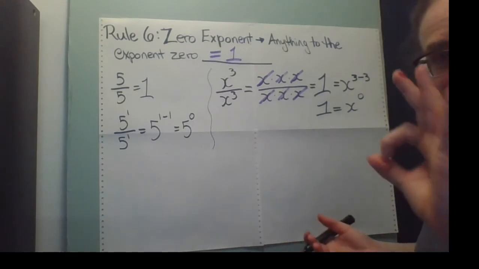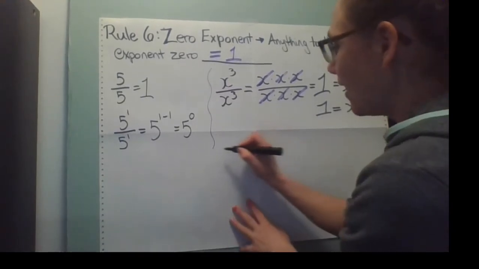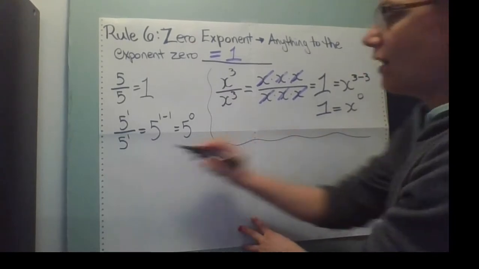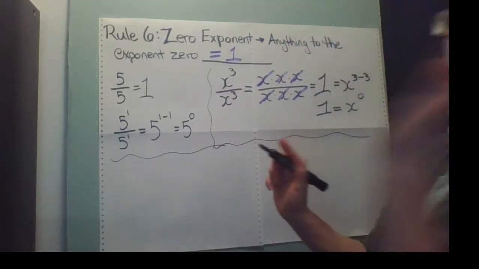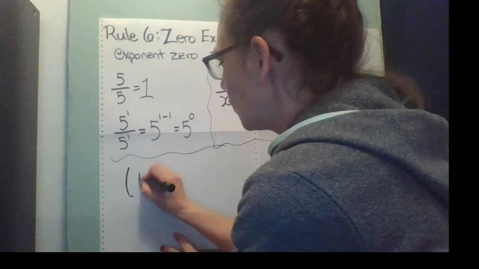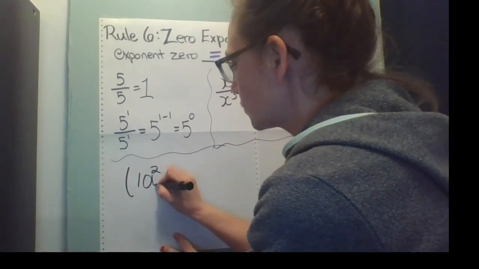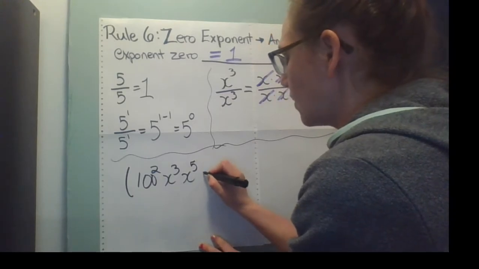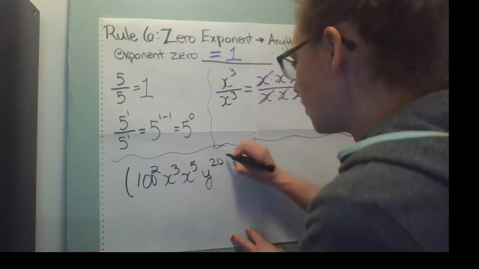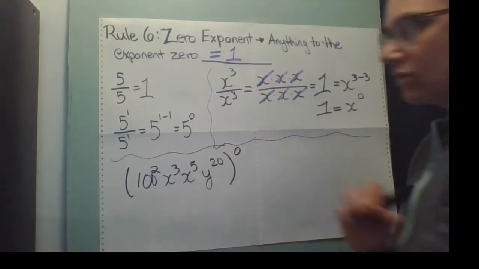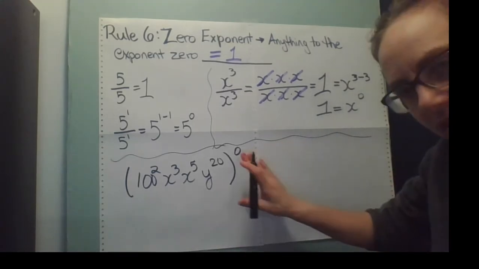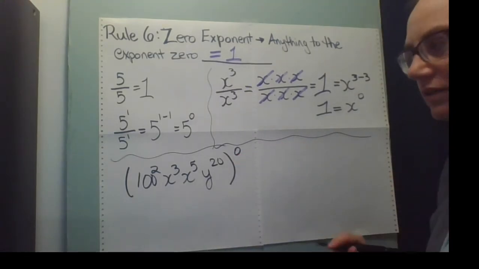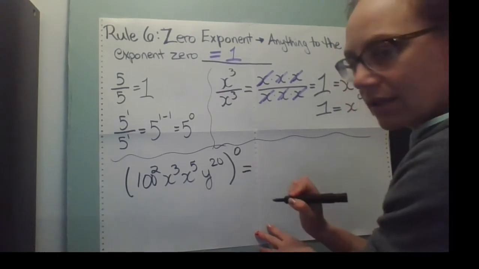That's the rule. It's nice. It doesn't matter what I put in there. I could put the most complicated, nasty, awful thing. I could say 100 squared x cubed x to the 5 y 20, all to the exponent 0. And because I've put it up to that lovely little 0, my answer is